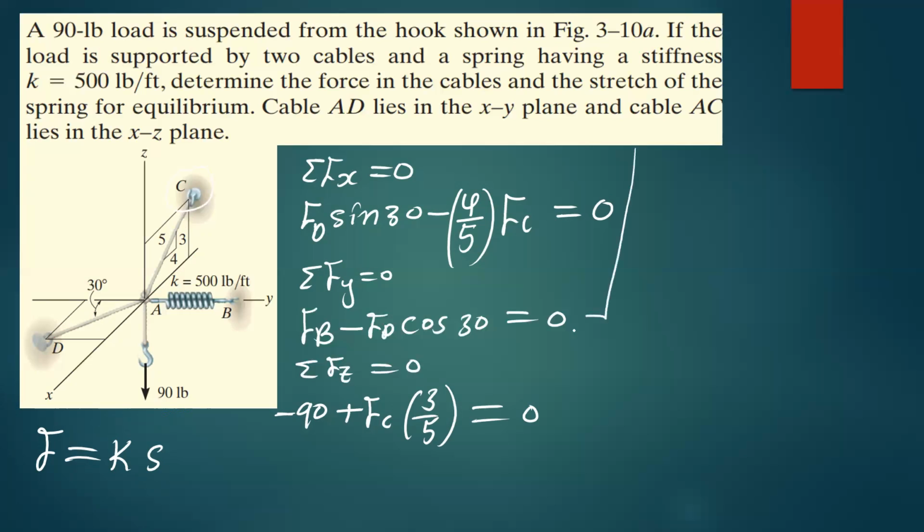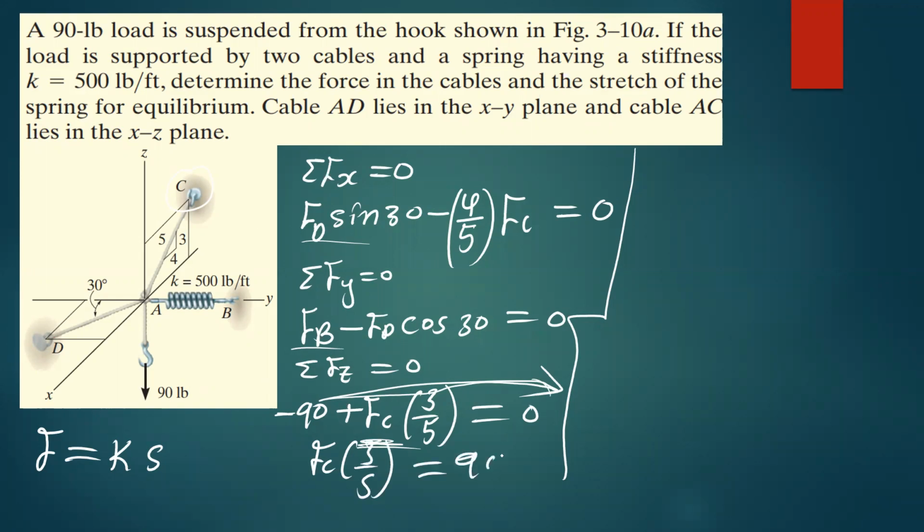So now how do we do that? This is simple. So we just take this negative 90 to the other side of the equal sign because this is where we only have one unknown. That's why I've started with the third equation here, because in these two equations we have two unknowns. So we start with the one that has the least number of unknown forces. Okay, so when this force moves to the other side of the equal sign, you have FC 3 over 5 being equal to 90. So when you cross multiply there, you're going to have